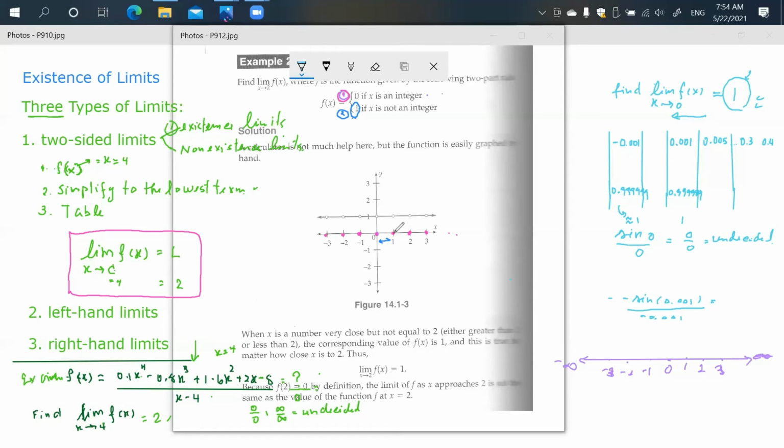If x equals 1, this one is going to be an open dot. Now we plot the second function, don't forget. So when you plot this graph, this is going to be the second function. For this one, f of x equals 1 if x is not an integer. From this, the question wants us to find the limit of this function